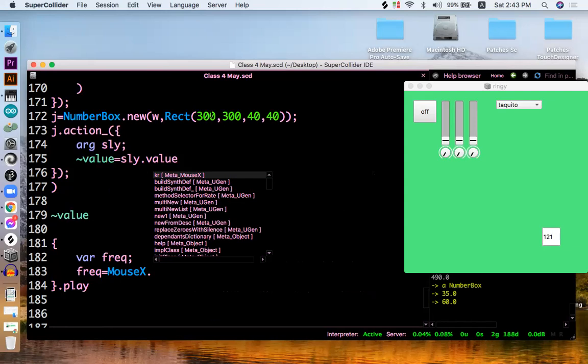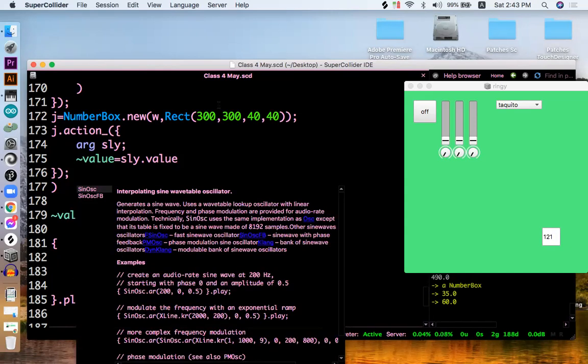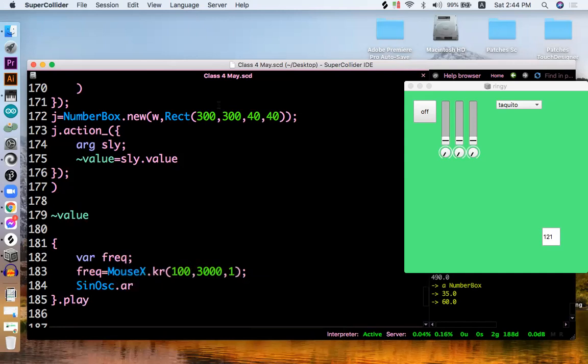Actually, you can use mouse X, mouse Y, and mouse button or mouse click. It asks for the min val, the max val. So I want to go from 200 up to 3000. Warp is the curve. If I put one is exponential. So I can put here sine osc dot frec phase 0.2. If I run this,